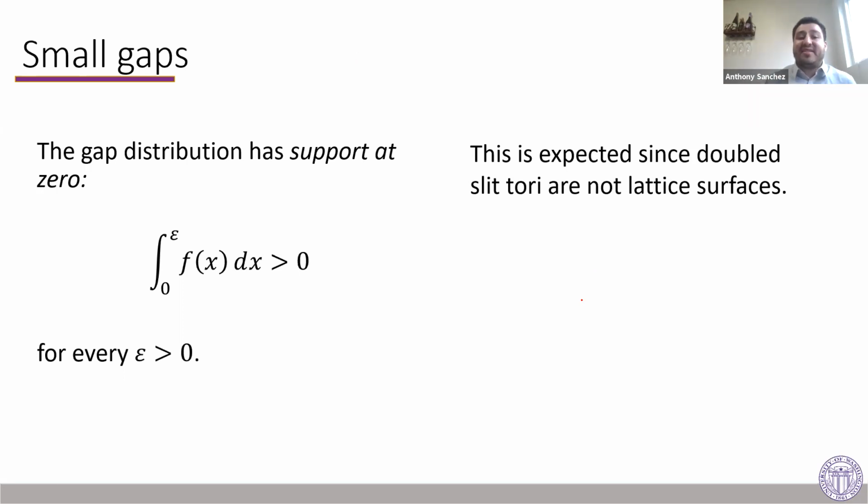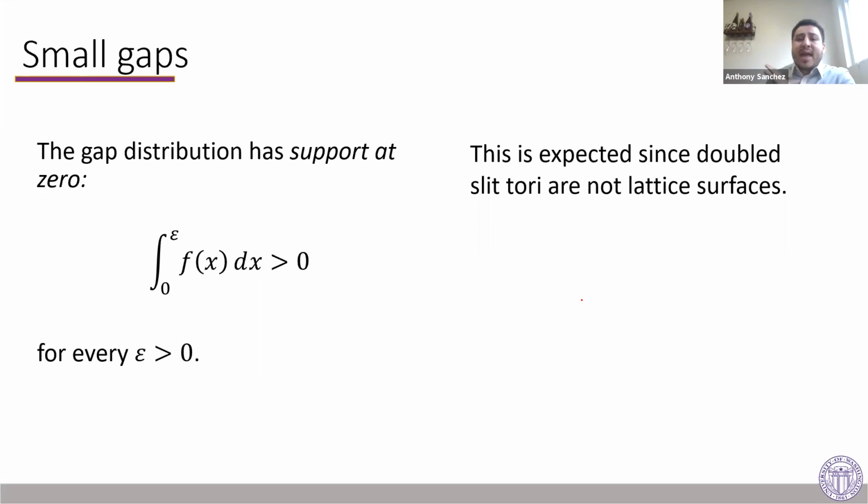Okay, and so this question about small gaps is really interesting because actually we would expect that there's support at 0. We expect, no matter how small epsilon is, to see a positive proportion of gaps because double slit tori in general are not lattice surfaces. All right, so lattice surface I'll get into very shortly, but it's telling us there's a lot of symmetries. There's a big group of symmetries of these translation surfaces. So it's a very